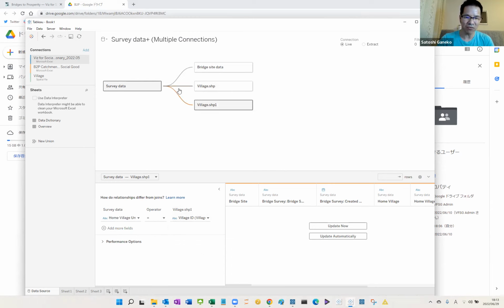Also, one more relationship is the home bridge unique ID and the bridge ID. With these relationships, you can prepare survey data with bridge positions and village shapefiles.